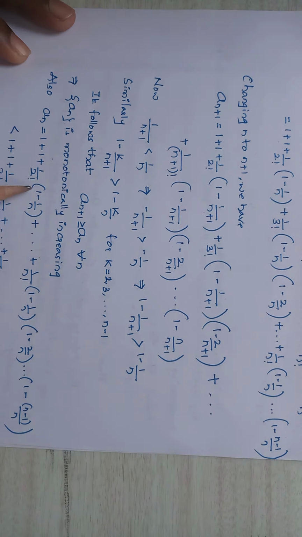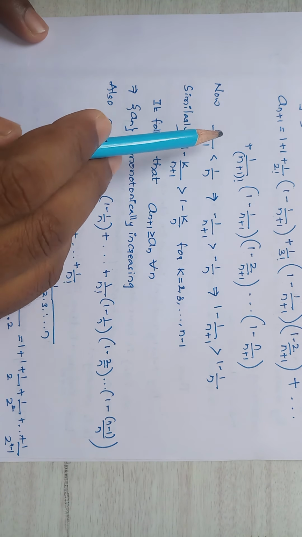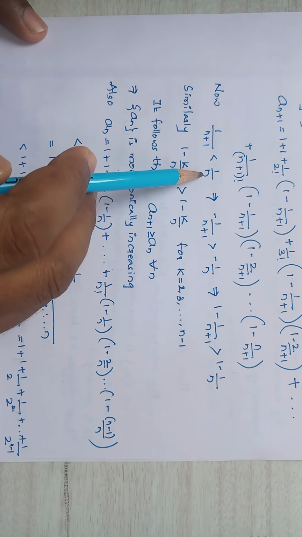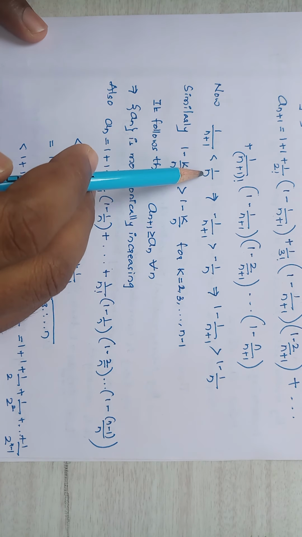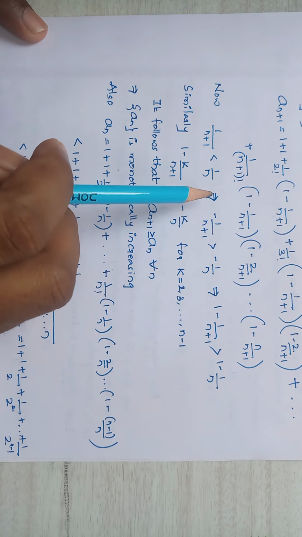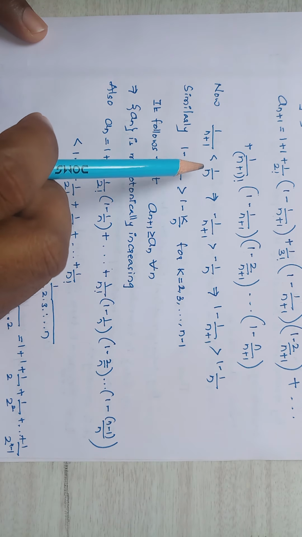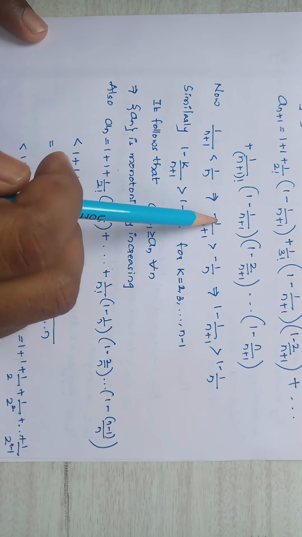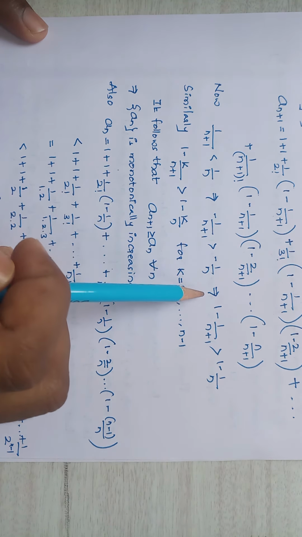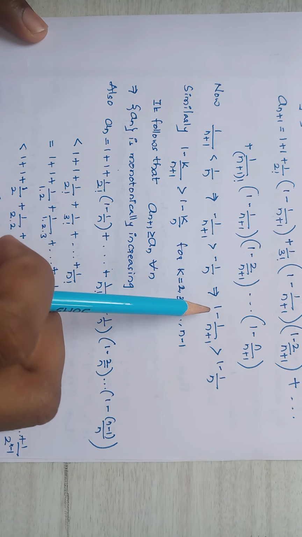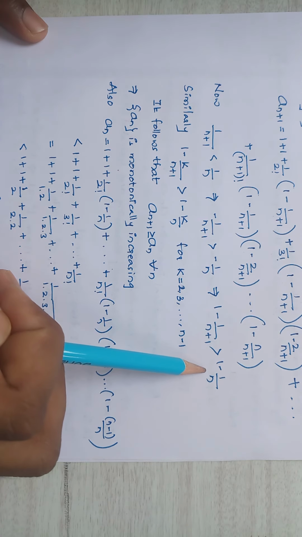So now 1 divided by n plus 1 is less than 1. So if you take n is equal to 1, this is 1 by 2, which is less than 1. Okay, so this implies that, multiplying this by minus, the inequality changes, that is minus 1 divided by n plus 1 is greater than minus 1 by n. So this implies that, adding 1 on both sides, it will become 1 minus 1 divided by n plus 1 is greater than 1 minus 1 by n.